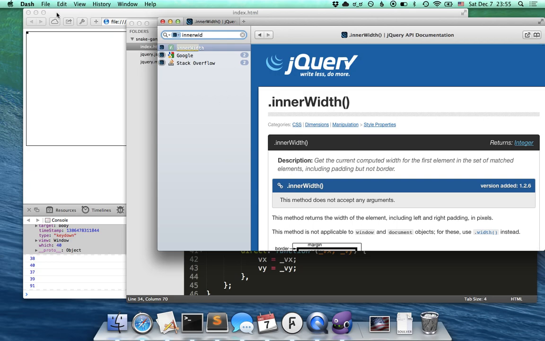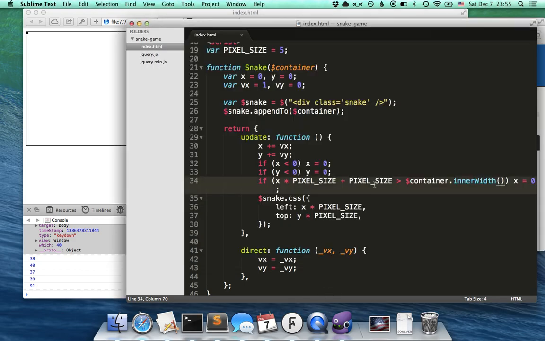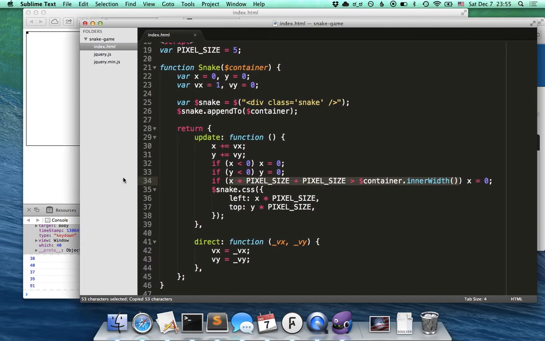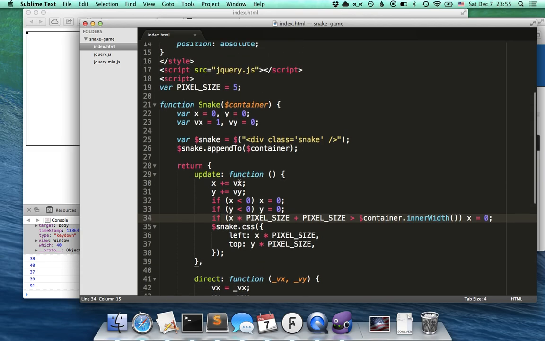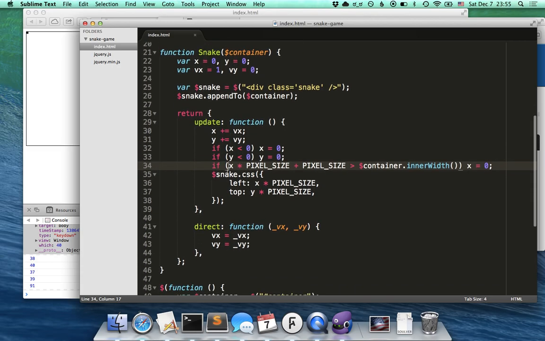Inner width. Oh, this is a program called Dash, by the way. It is an excellent documentation viewer. And it looks like it was inner width, so if it's greater than inner width, then I want to set it so that it's exactly this. That's not actually how I want to do this. I want to do everything in terms of pixels, so that is dumb. I want to have